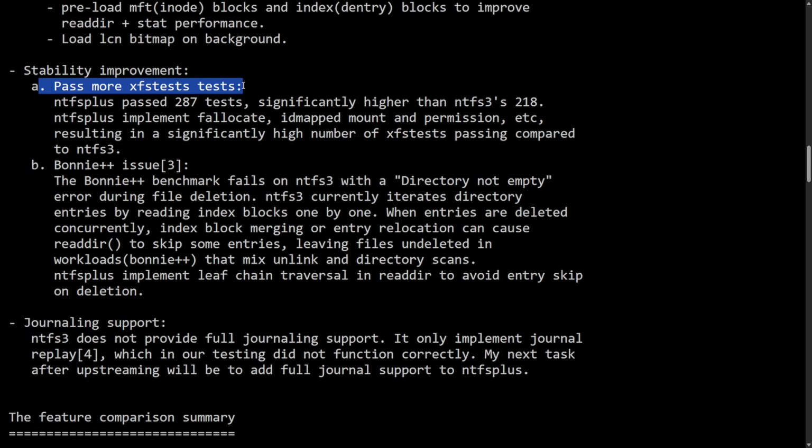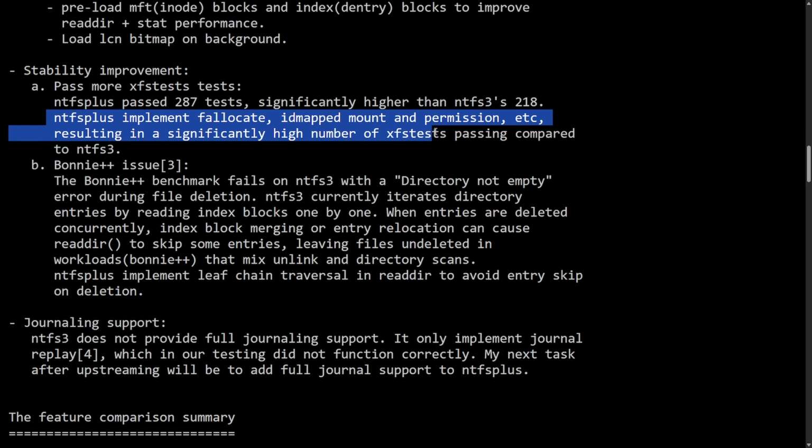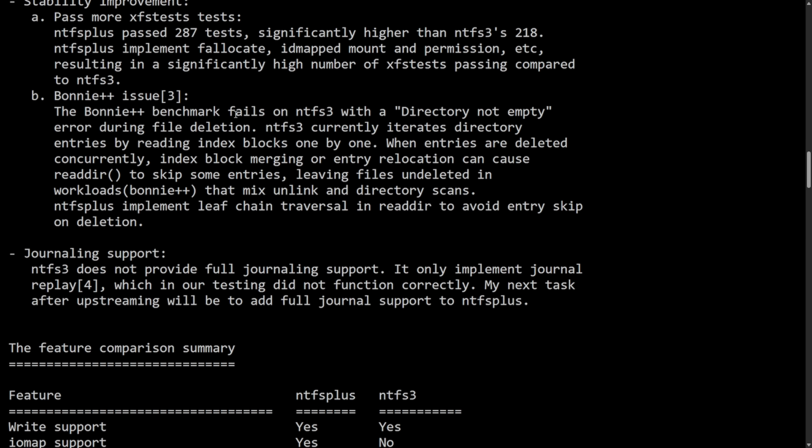We pass more of the xfstests, including passing 287 instead of 218 on NTFS3's driver. NTFSplus implements validate, ID mapped mount and permission, etc., resulting in a significantly higher number of xfstests passed compared to NTFS3. Bonnie++ is a benchmark that fails on NTFS3 with a directory not empty error during the file